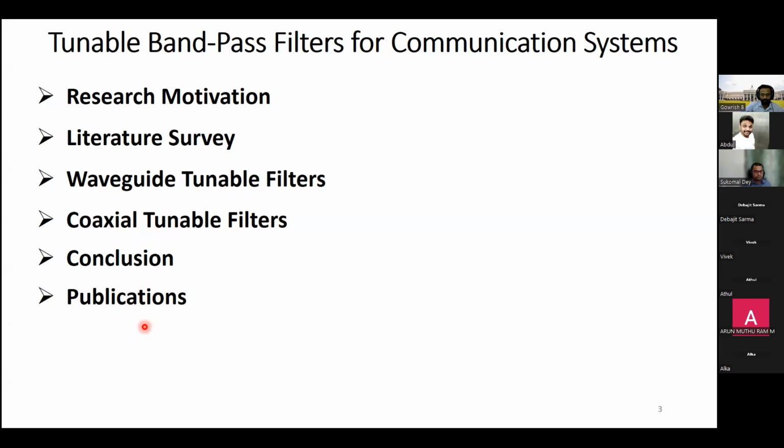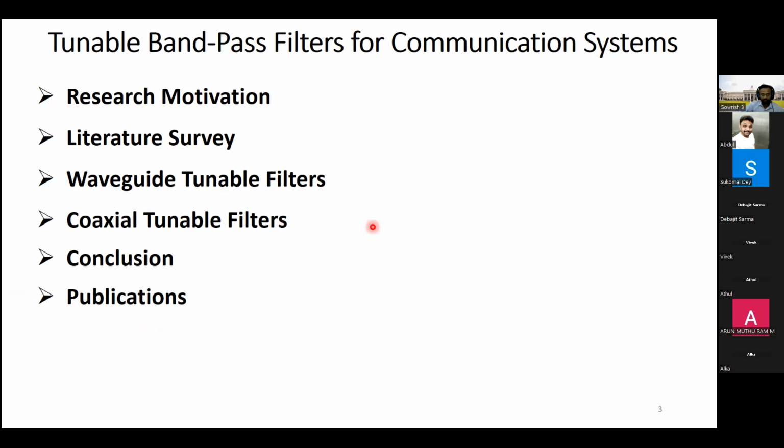Please feel free to stop me if I'm going fast, and you can take the liberty to ask any doubts or any clarifications at any point during the presentation. And just to add one more point, sorry to interrupt. I request all the participants, please mute themselves throughout the talk. If you would like to ask any questions, please feel free to ask, okay? Because we are recording the session, any background noise will be very difficult for us, okay? Thank you. Please go on. Sorry to interrupt, Dr. Gowrish. Thank you, Professor.